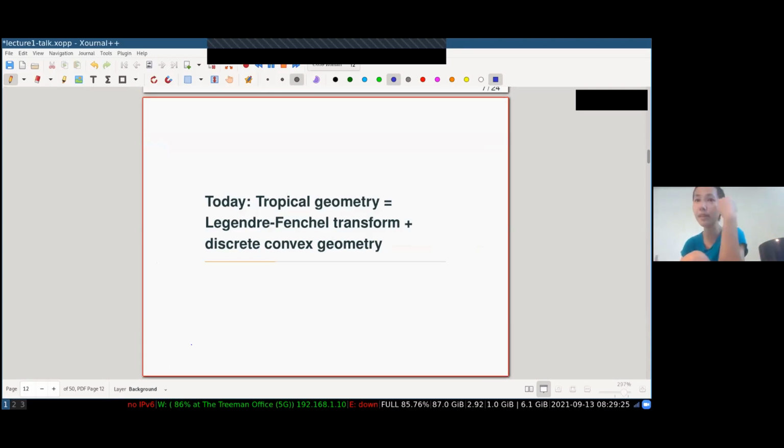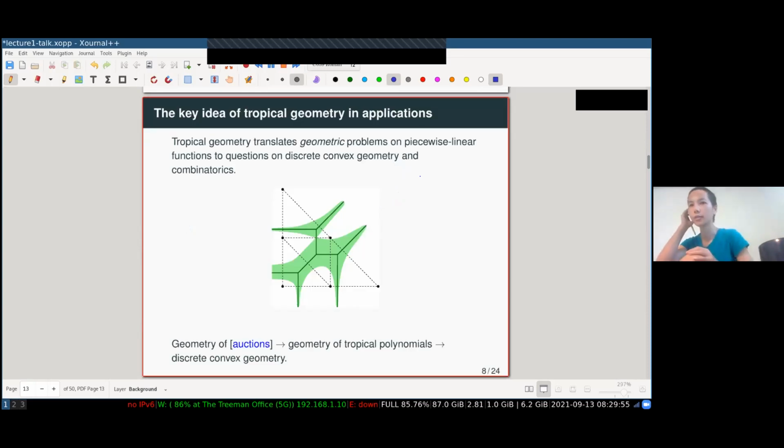It is simply you have a piecewise linear object, take the Legendre transform, right? We'll define in a bit what this means. You take the Legendre transform and it gives you some polytope with some subdivision, right? But now you don't stop at the algebra, but you think in terms of the geometry and the combinatorics of this object. Okay, that turns out to be a very useful idea to solve tropical problems that come from